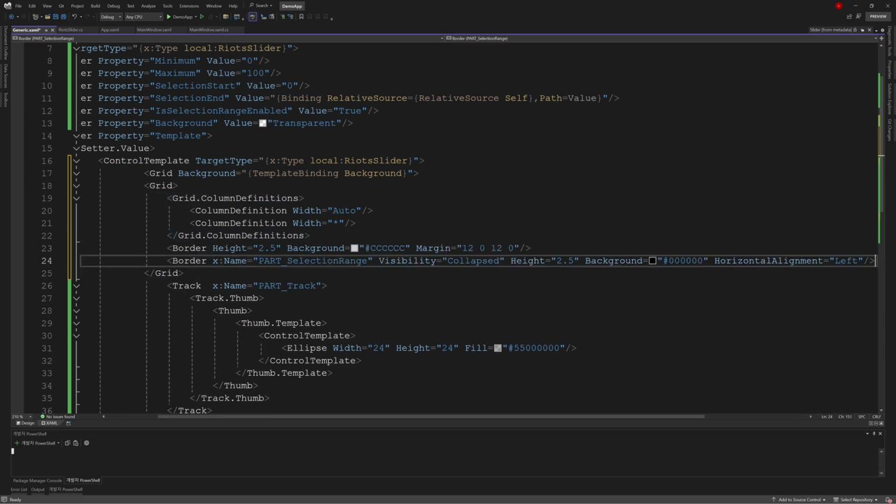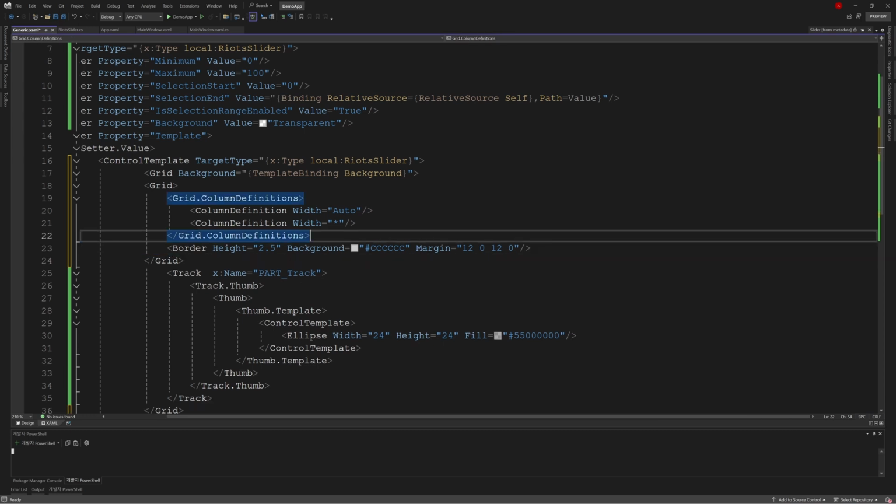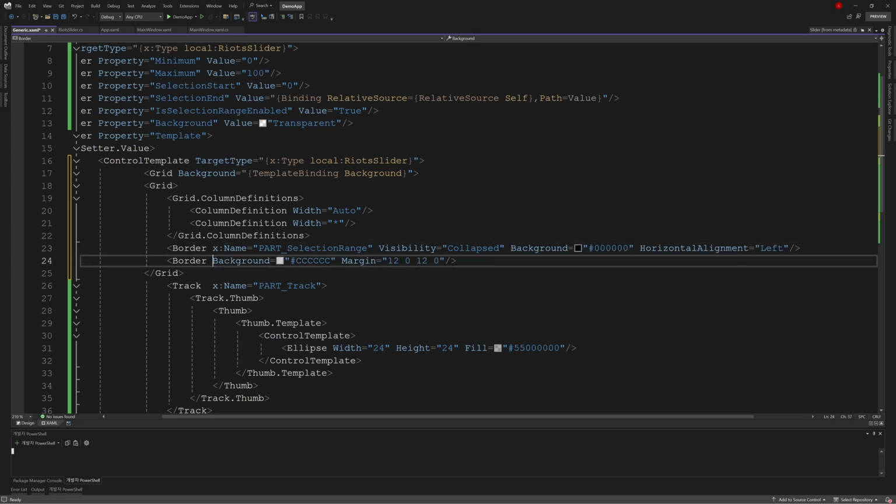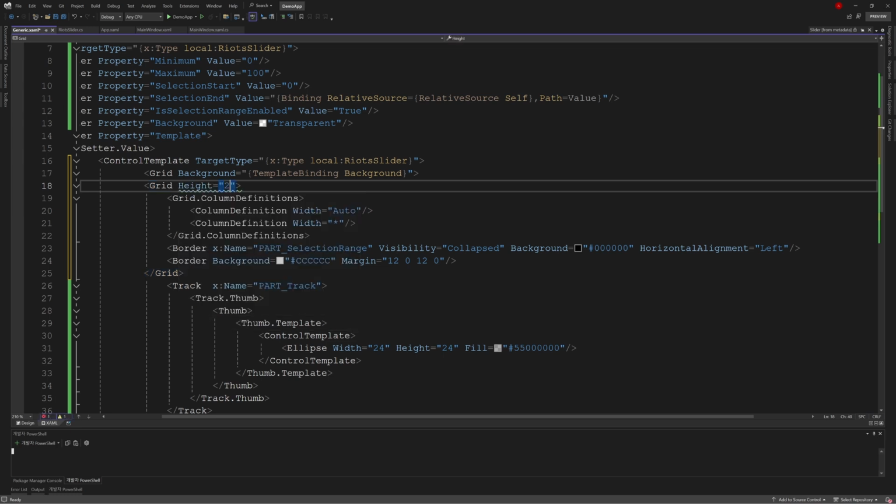But here we need to make some adjustments. First, regarding the height, we'll centralize with a grid. And since our first column definition is set to auto, this horizontal alignment can be omitted.